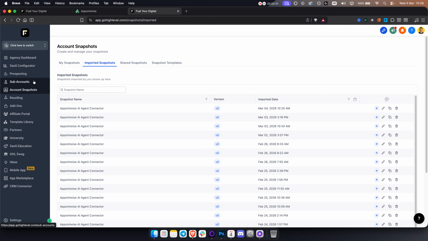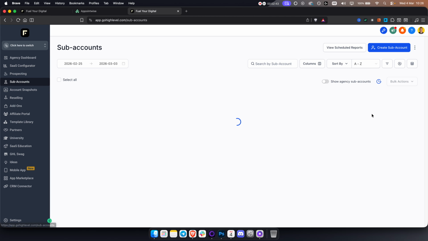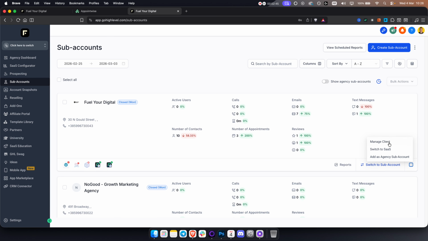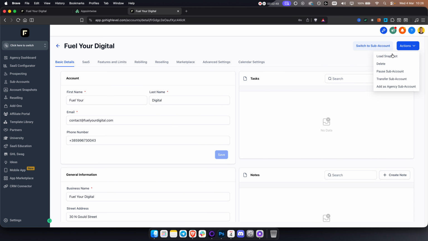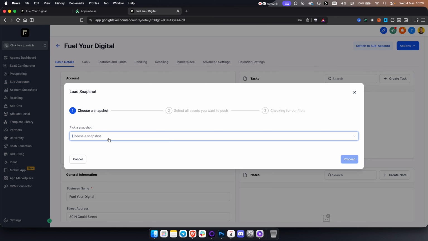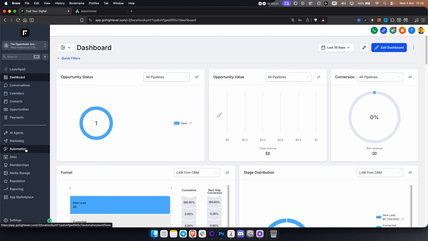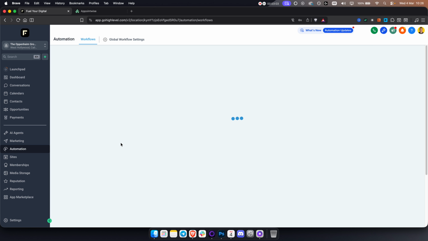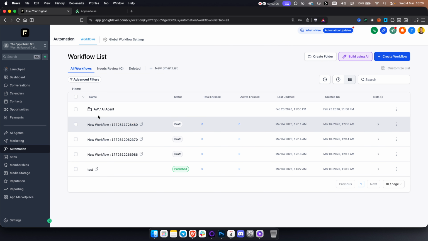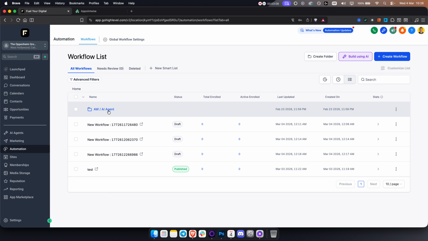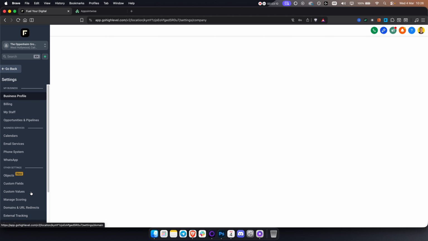So what we want to do is we want to go to the sub account where you want to add this snapshot to, manage client, actions, load snapshot, and then here you want to select that snapshot and hit proceed. Once you have this snapshot in, it will look like this. So if you go to the dashboard, the snapshot will be under the automations, and you will have the automation right here. It's called AEW AI agent, but what you want to do is you want to go to settings,